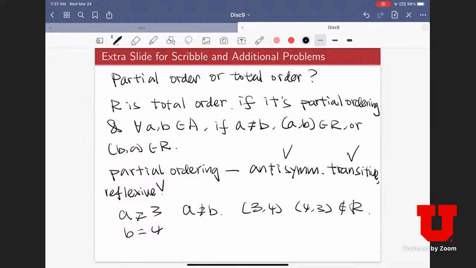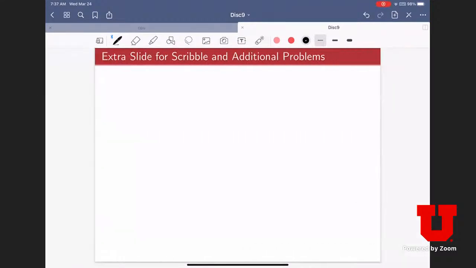All right, and the answer to this one is R is a partial ordering. All right, any question on this problem? Okay. All right, so